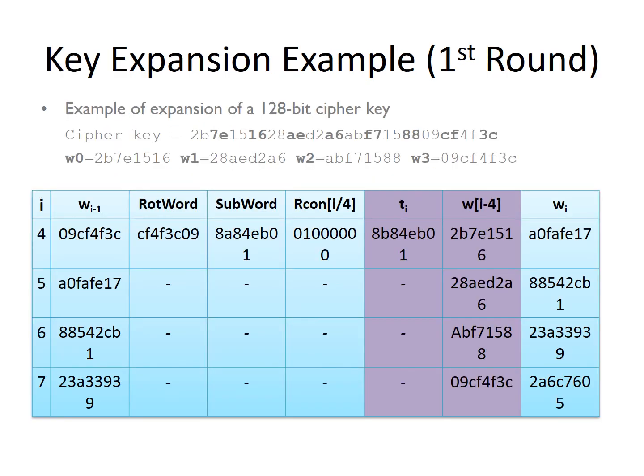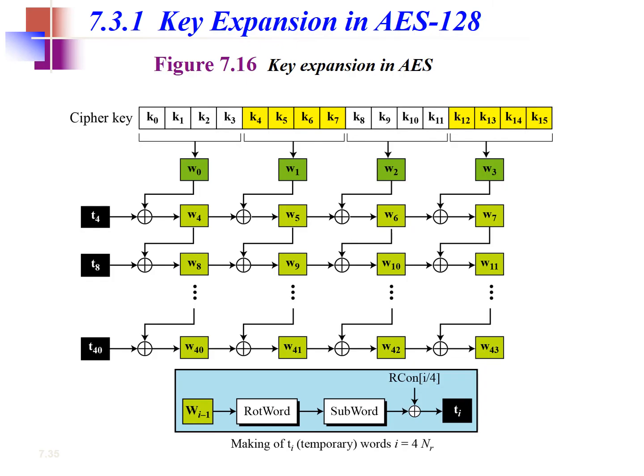So for the key expansion, we will see how it is extended. This was the example I was explaining. You can see these are the bytes, total 0 to 15, 16 bytes. We consider them as words W0, W1, W2, W3. There are 44 words in total. Of those 44 words, only 4 words come initially from the initial key provided by the sender and the receiver. From that I have to generate the remaining 40 words.